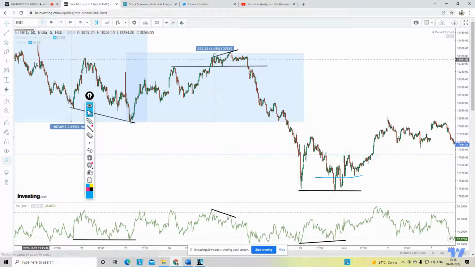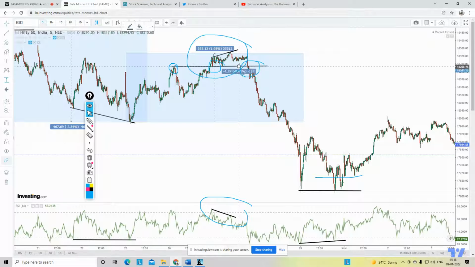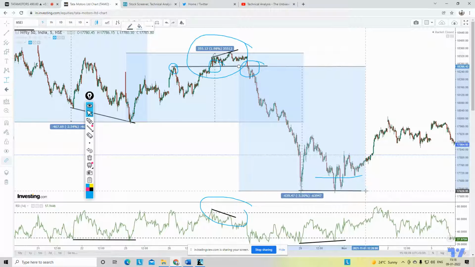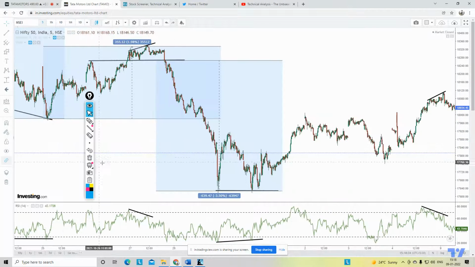Again, you see on the top from this divergence, again we can spot a negative divergence, and it's a clear cut. See, this was a resistance which converted into the support, and again once it broke, it pulled back. It couldn't cross this area. Again, you see from this area, this low was 639 points, correct? 639 points. Again, you can see there's a one way very quick high momentum fall.